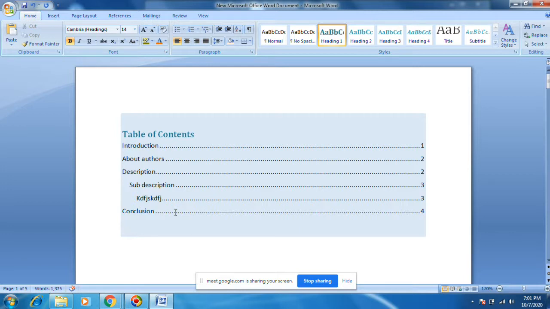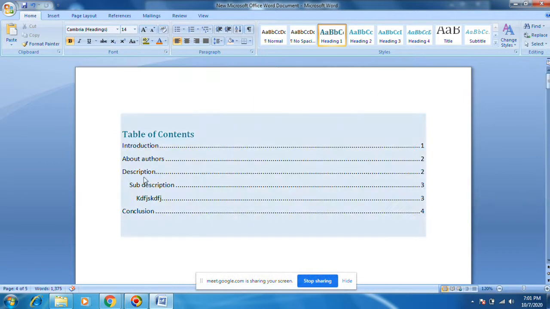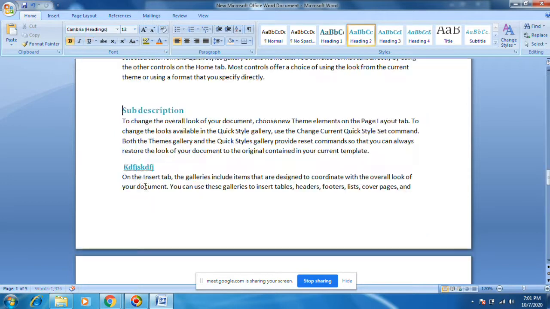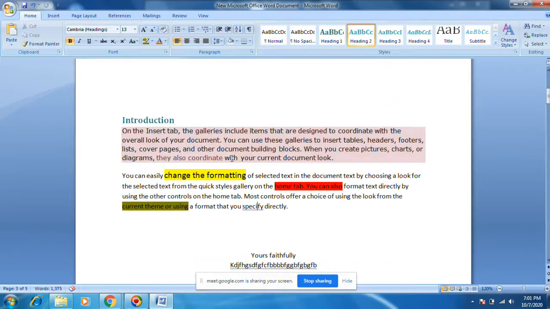Control click, it goes directly to the conclusion section. Go to the top, Control click sub description, and you can go directly there. Okay, this is called the table of contents section.